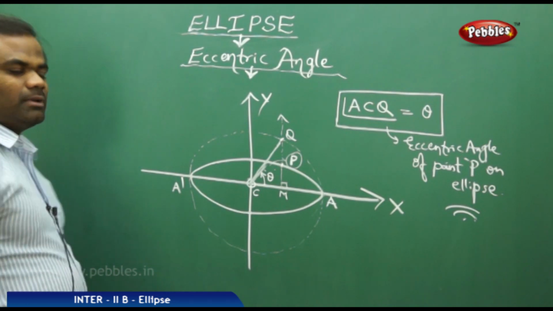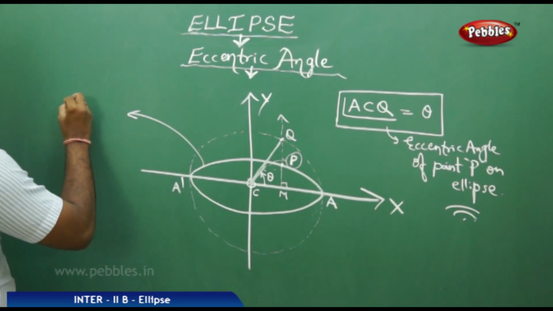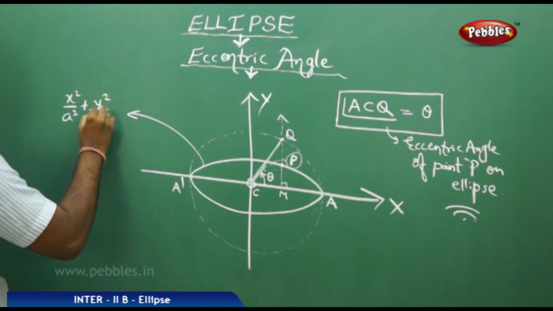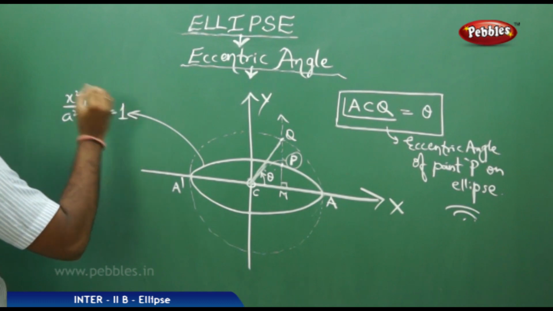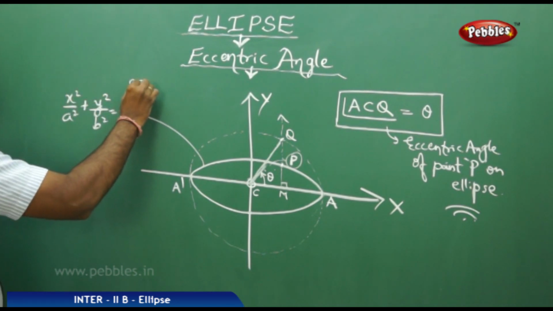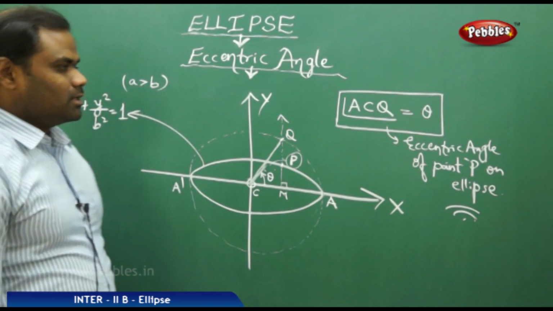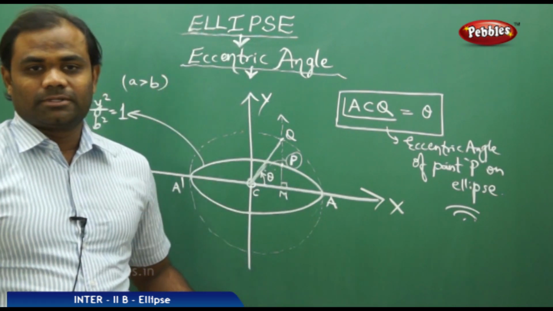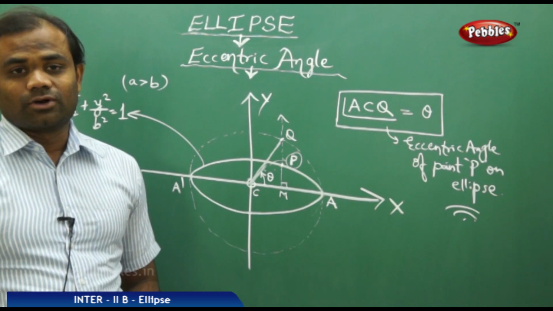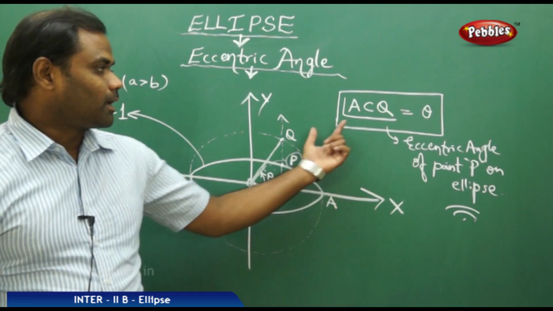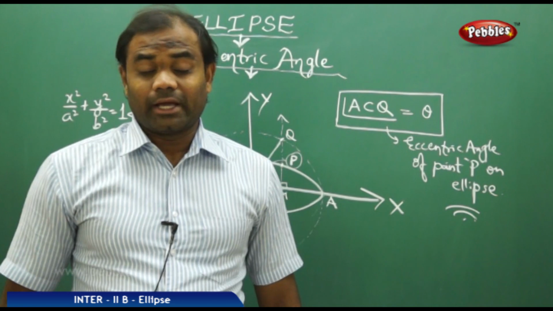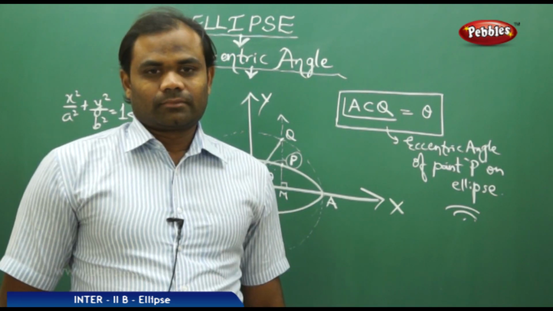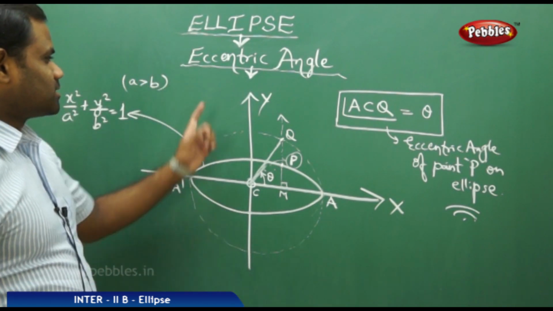So ACQ is called the eccentric angle of the point P on the ellipse x squared by a squared plus y squared by b squared equals 1, with a greater than b. This is how we define the eccentric angle of an ellipse, derived from its auxiliary circle. Angle ACQ is the eccentric angle of point P on the ellipse. Clearly we see that the eccentric angle